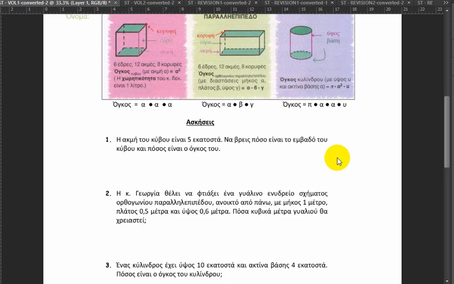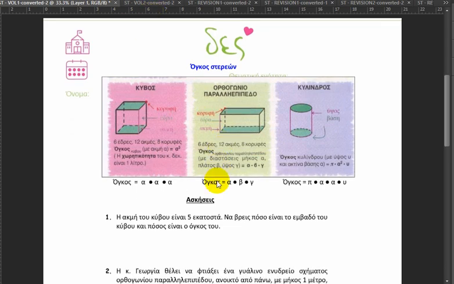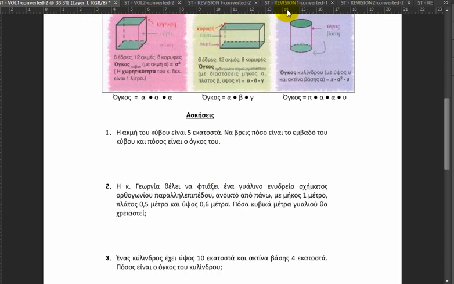Hello everyone, in this video we will be solving your exercises from the past week. We will begin by solving the exercises on volume and then move into the revision exercises. So let's begin immediately. In problem number 1 we have a cube